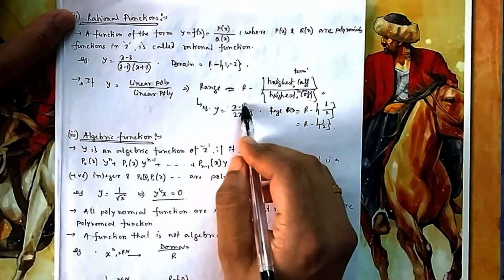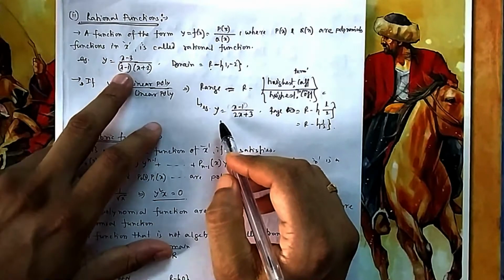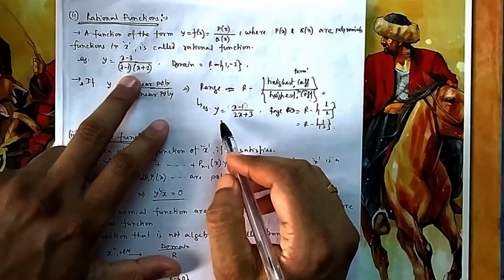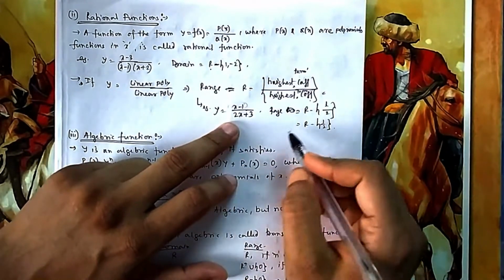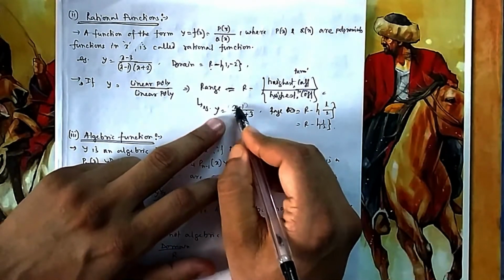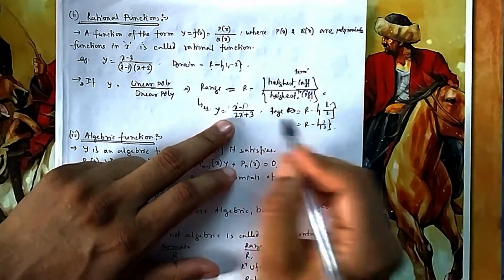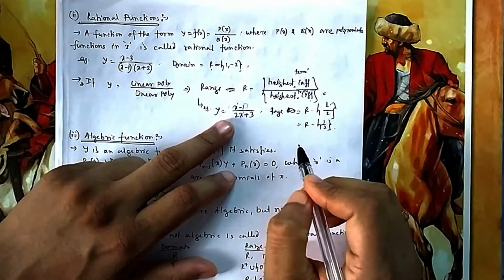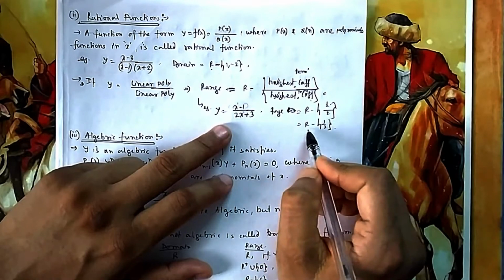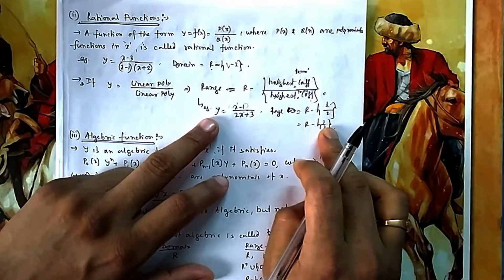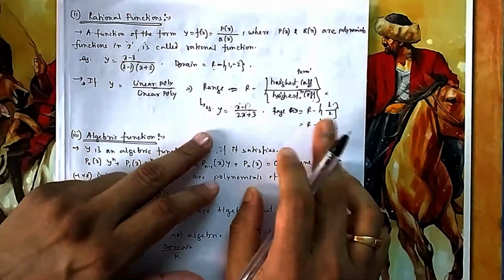Suppose the denominator is also linear. Here the numerator is linear, but it is quadratic if you take the product, because 2 linears means quadratic. This one is not; this is linear by linear. So what will be its range? All R minus, the highest term is x to the power 1, so its coefficient is 1. In the denominator, the highest term is x to the power 1, its coefficient is 2. So R minus half, that is 1 by 2. All real numbers can be possible outcomes except half. This can be proved using the inverse function concept, but you will remember this one.